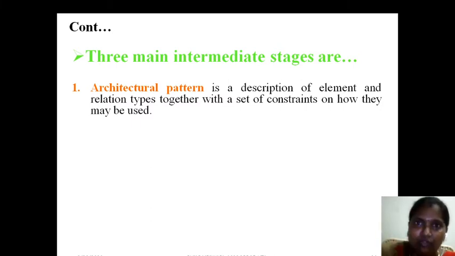In order to get the total architecture, we have to define, one, the architecture pattern. What is a pattern? It is the collection of elements. We have to identify the elements. First of all, I want to start with a car showroom. For that, what elements do I have to select?